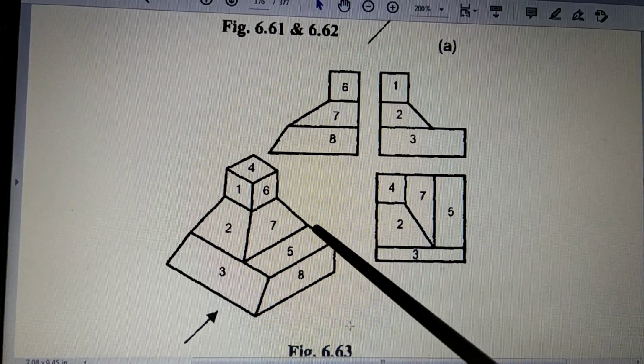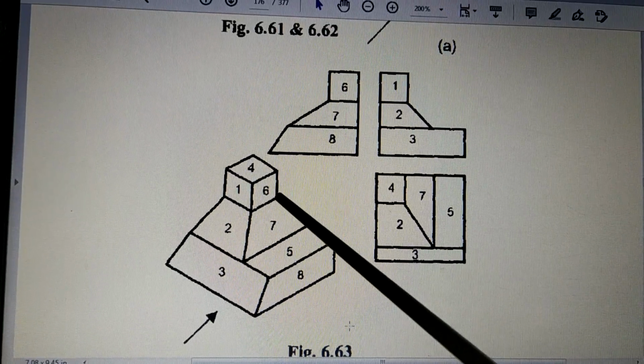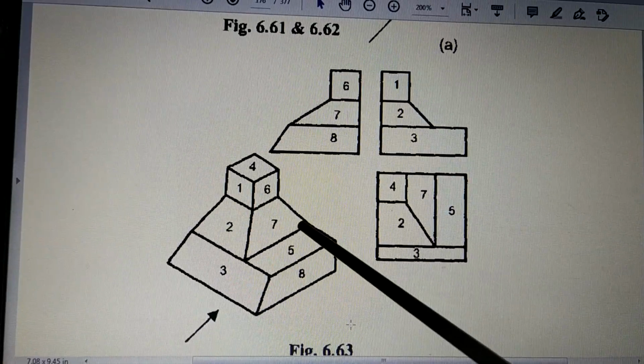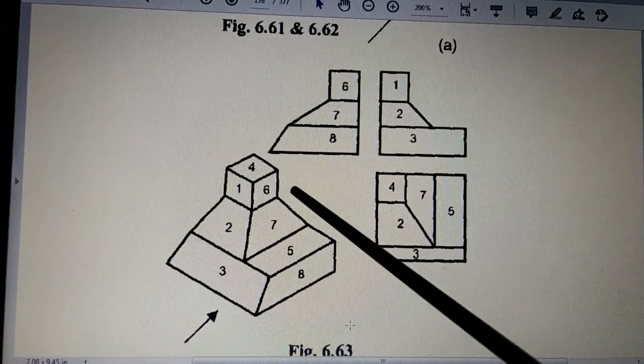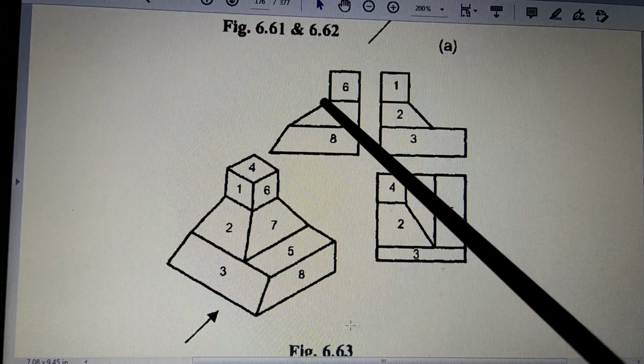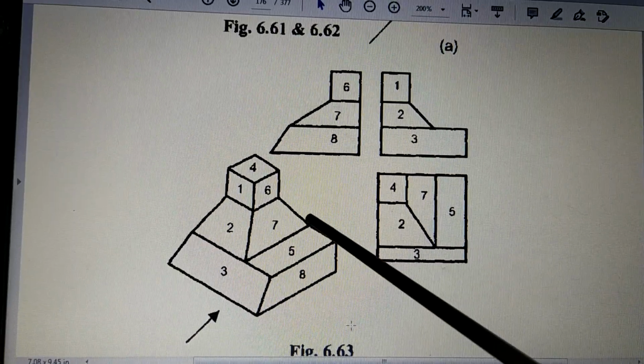Now there is again a mistake here. See, this line is longer than this line. This is a short line, this is a long line. But here what they have done is they have drawn this line like this, but this line they have drawn till here. So this is wrong. This should be inclined like this. Even this should be slightly here, because this line is not drawn.